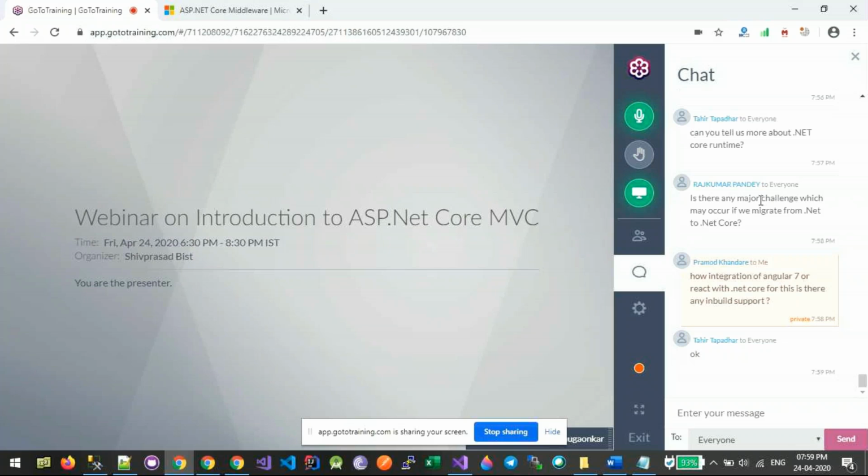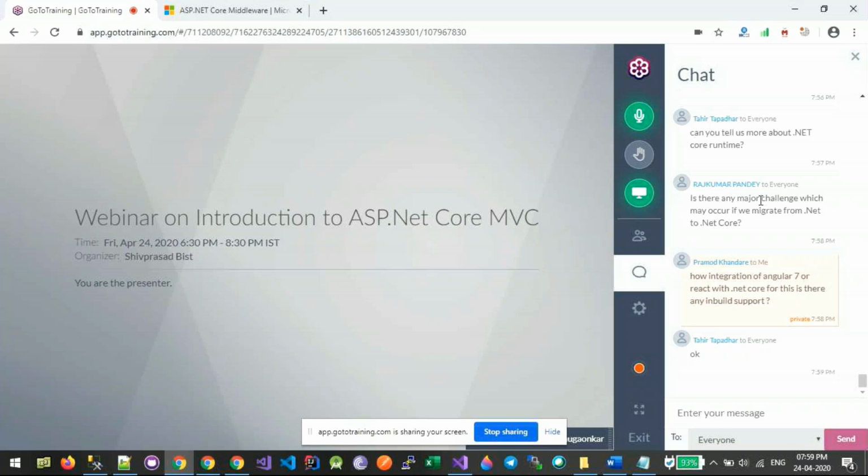Meaning, if I want to move from Windows hosting to non-Windows hosting, or if there is some performance bottleneck, or if there is an actual use case to move from .NET Framework to .NET Core, only then migrate. My recommendation is otherwise you continue with your old architecture and old .NET Framework itself.